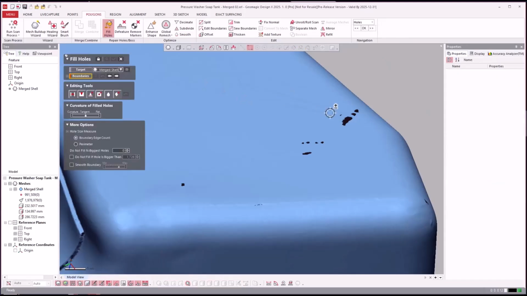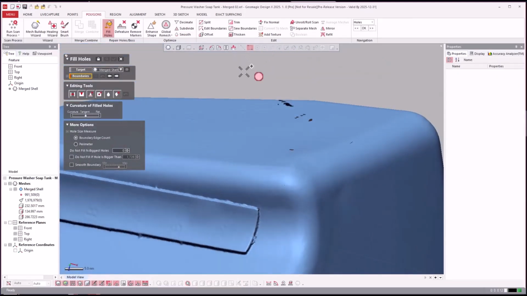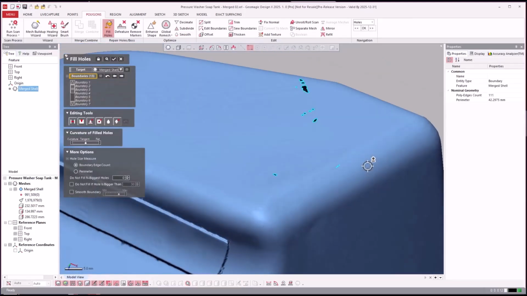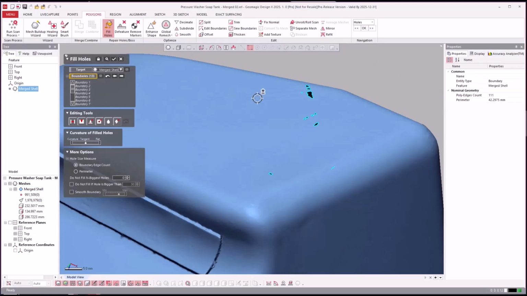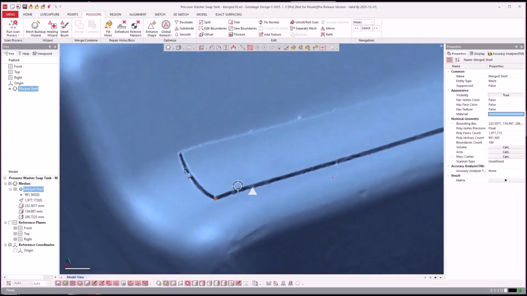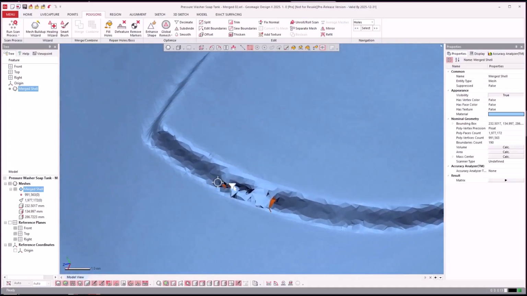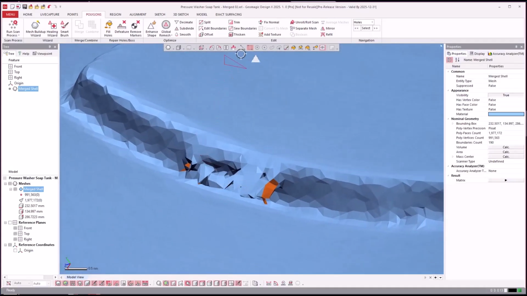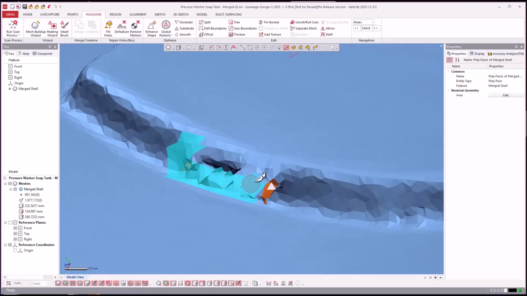You don't have to exit out of the tool like I just did. You can actually window in and say, I want to select all of those and fill all those at once if I want to. I could do a Control A. Some of these things, I don't have to fix all this for what we're trying to do today, but some of this stuff I can come in and